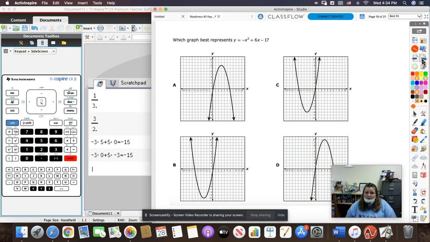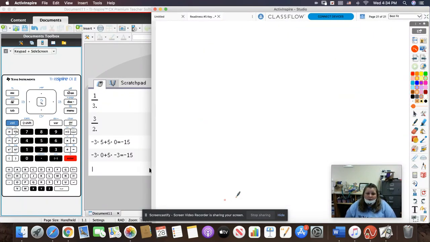All right, let's see if there's anything else here. Again, this is just which graph represents. This is already y equals, so you can go type it in the graph. You don't have to do anything. If y is not by itself, you have some steps to do before that. Okay, that's all I'm going to